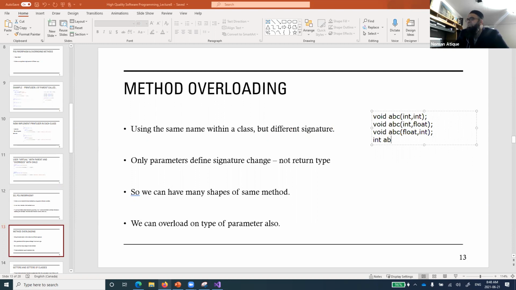And int ABC float, comma, int. Now, according to my concept, are these the right methods or is there something wrong? Is it correct or no? I'm talking about a single program and I'm just defining these methods like this. ABC which can accept two integers, ABC that can accept integer and float, ABC that can accept a float and integer, ABC that can accept a float and integer and returns integer. Is this method overloading correct or not?